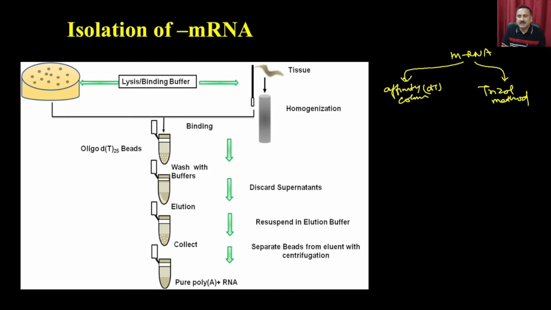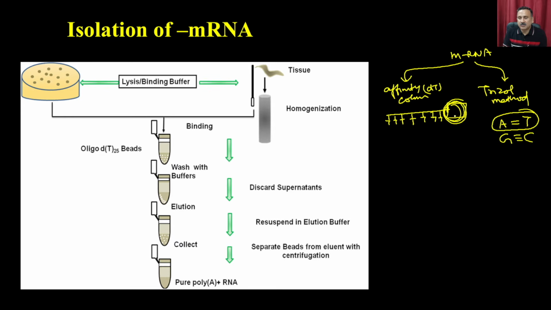In an affinity dT column, what we have is a linker, and it is attached to the beads. This linker has T residues, which means it has thymine. When you have thymine, you know that A always makes a pair with T, and G always makes a pair with C. So utilizing this information, if you have the A's present on the messenger RNA, what you can do